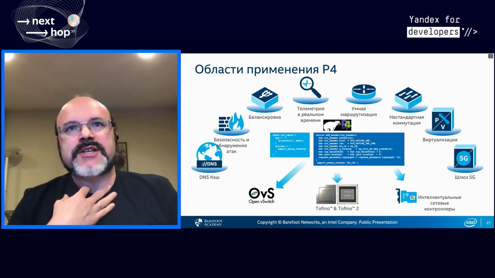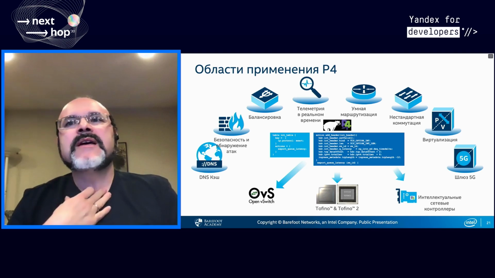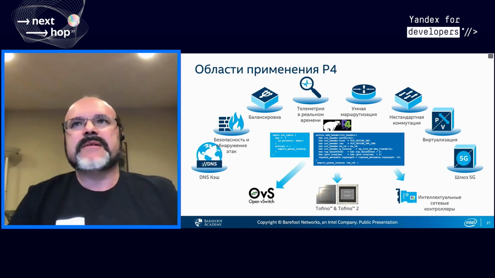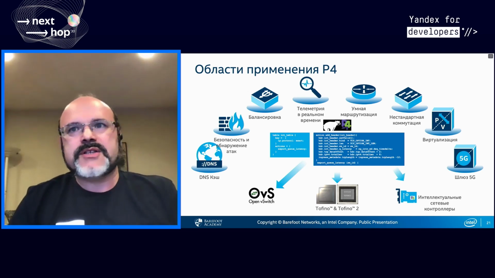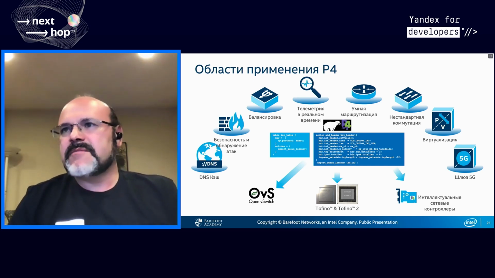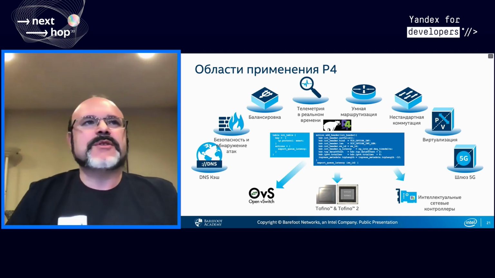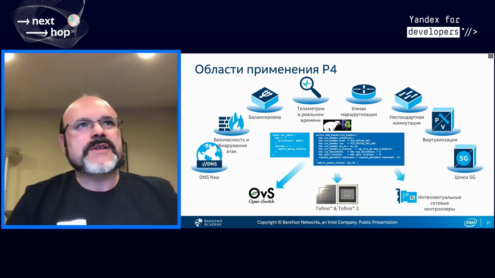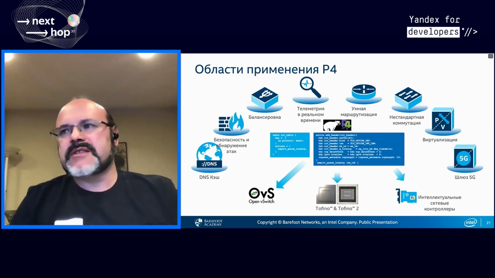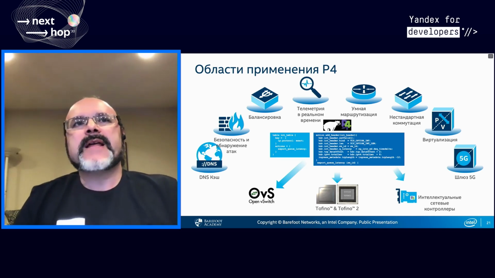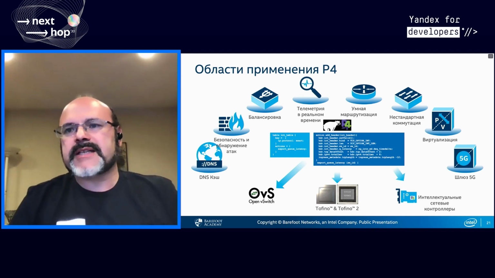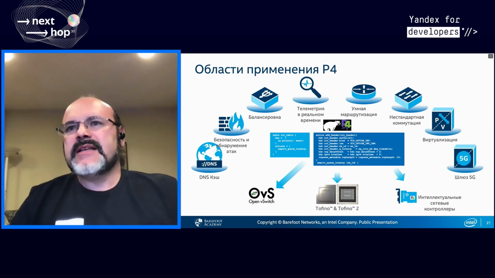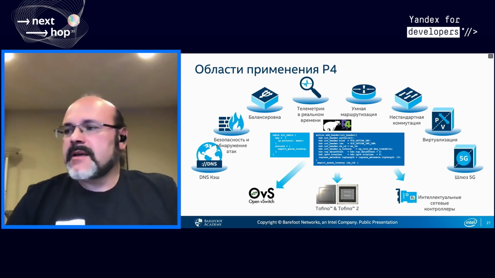Here you can see the P4 application areas. One thing that was discussed by Dmitry at the previous presentation is machine learning, of course. And we also can do different things with P4. Along with the normal routing and switching, we can build smart firewalls or balancing or telemetry, because it's very easy to use interim results and send them from the switch to the packet and so on.